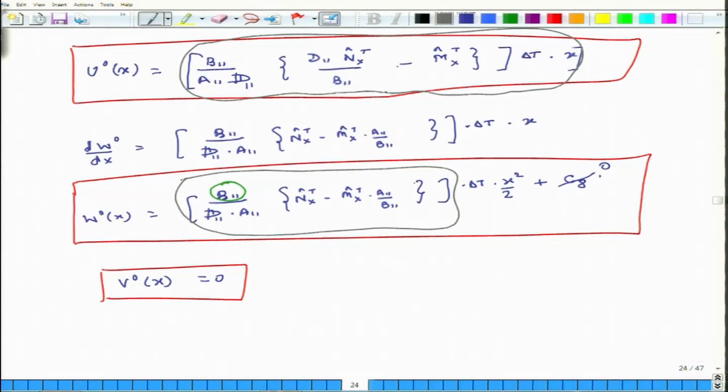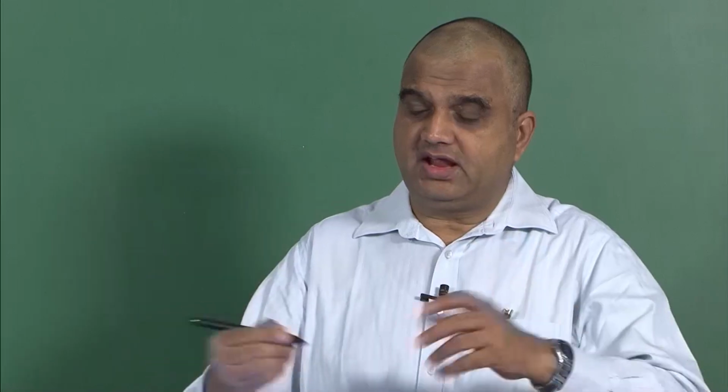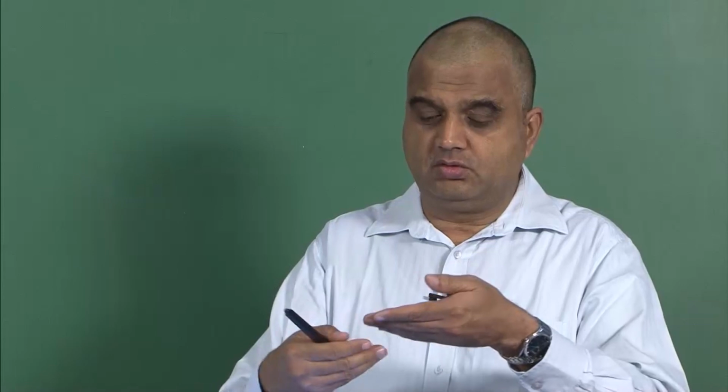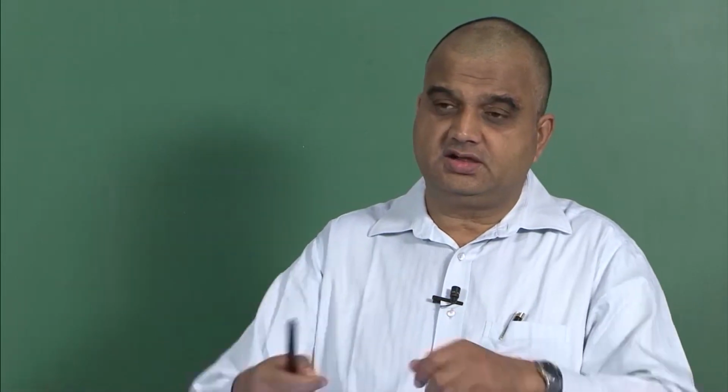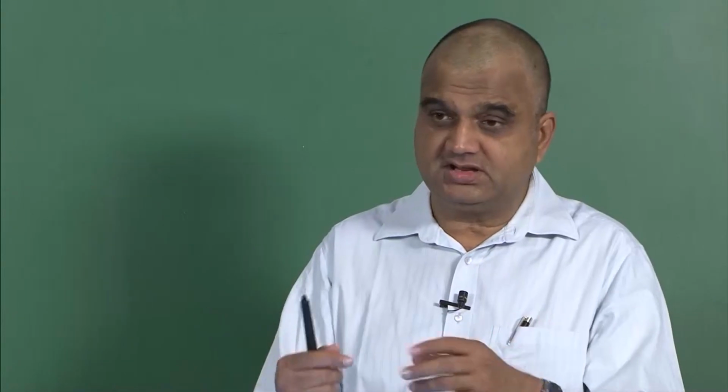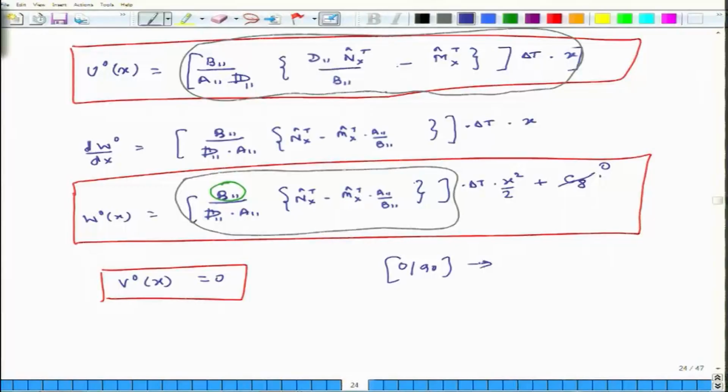The second thing I would like to state is that suppose the plate was symmetric. In this case we said that the plate is unsymmetric, 0, 90, and because of this type of plate, the plate will tend to bend when I heat it. It is like a bimetallic plate. If I glue a piece of aluminum and steel together and I heat it, it will try to bend. It is a bimetallic because different materials have different coefficients of thermal expansion in different directions. So, this kind of plate will bend.